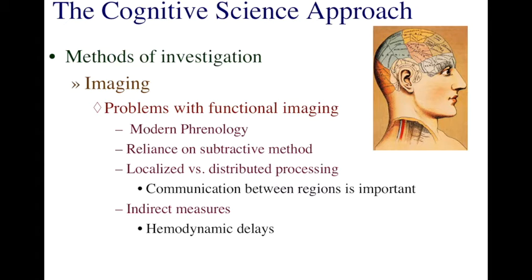In the case of PET scanners, that delay can be up to 60 seconds later. In most fMRI studies, the delay between blood getting to part of the brain and the time at which the processing occurred is usually between 2 and 6 seconds, although sometimes it can be 15 or 20 seconds later. So we're not directly measuring activity of the brain, we're measuring blood flow after the fact, after a considerable amount of time has passed since the processing had occurred.